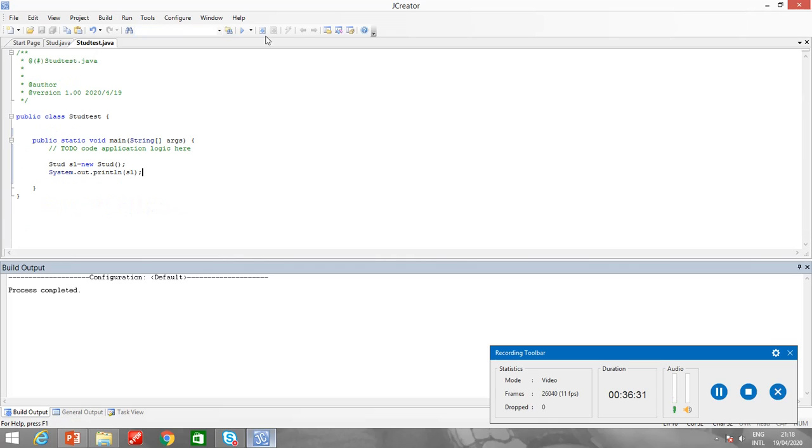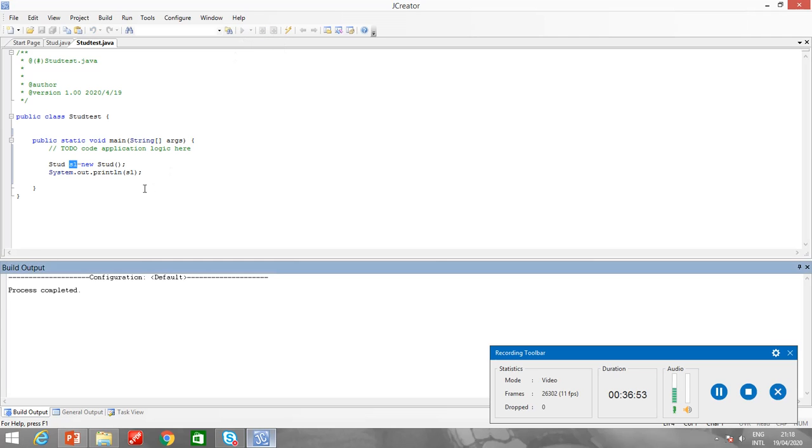Now here what I have done is create an object, and I am printing S1. That means I am printing just the object. I am not printing the values of the instance variables. Let's see what it prints for me.